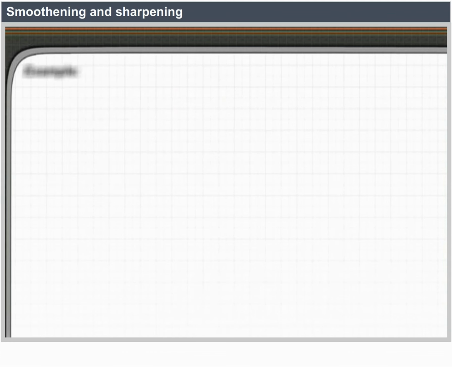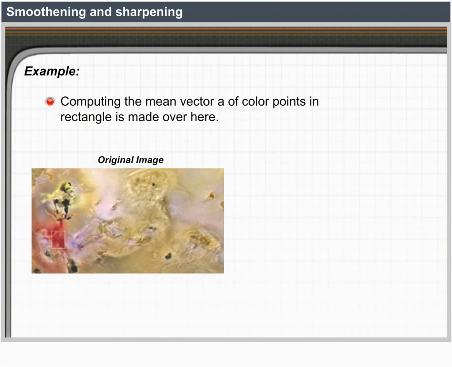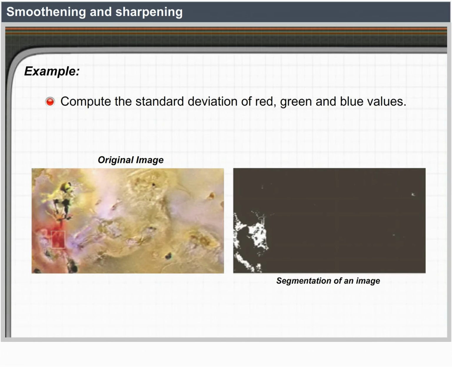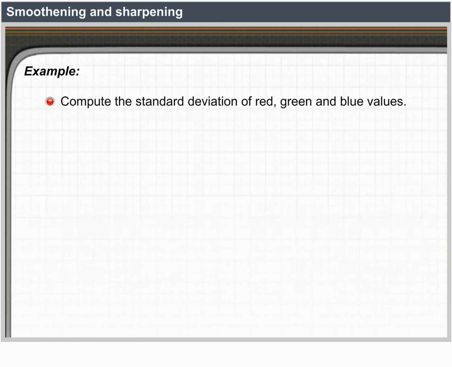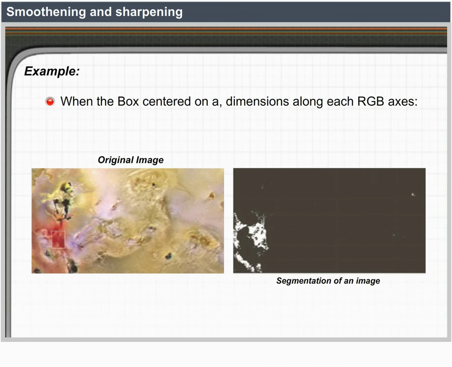Example: compute the mean vector of color points in a rectangle. Compute the standard deviation of the red, green, and blue values. When the box points to red, the dimensions along each RGB axis